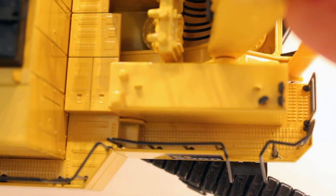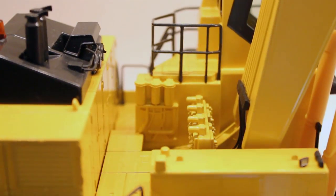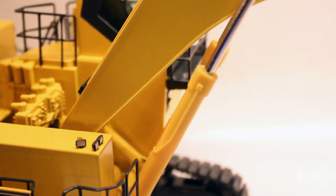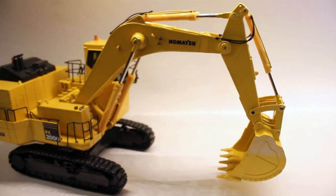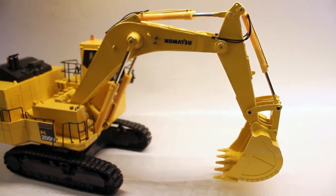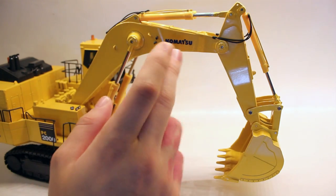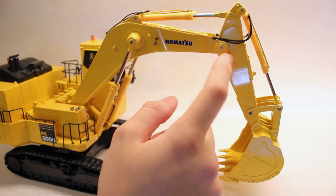Looking inside the catwalks that go along the side of the machine, all the anti-slip texture. So a lot of detail was put into this model. Looking at the boom now, the boom is obviously going to be a mass excavation type, since it is a mining machine. You could right off the bat notice the lights up here and the caps to hold in the pins, and